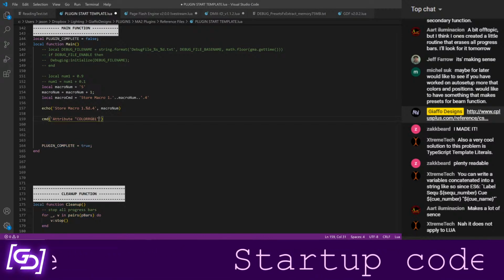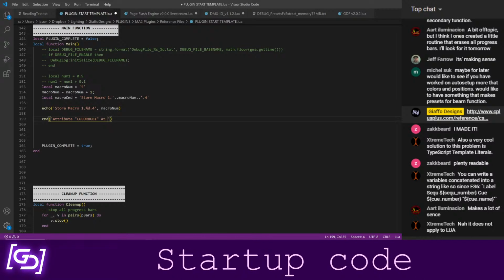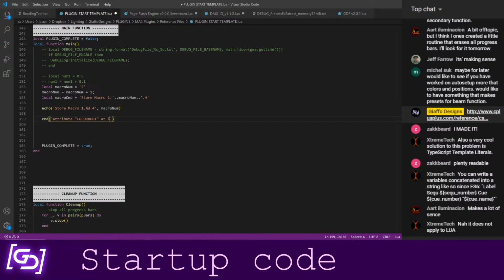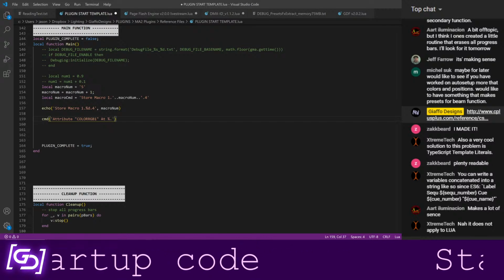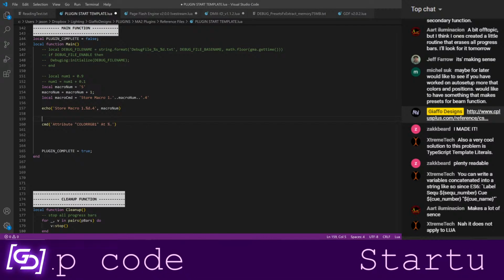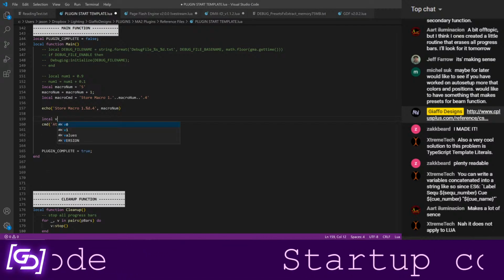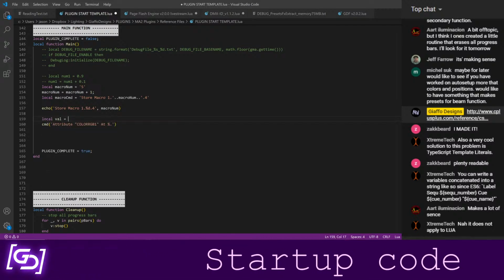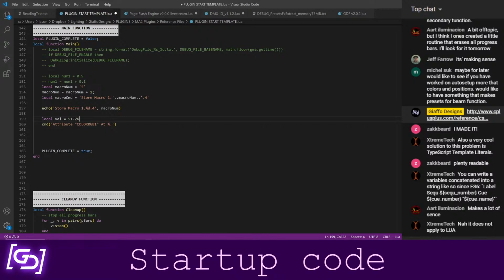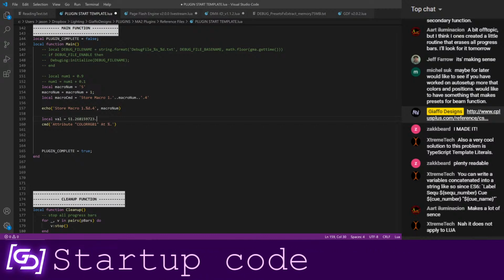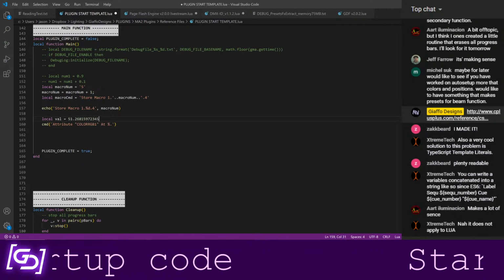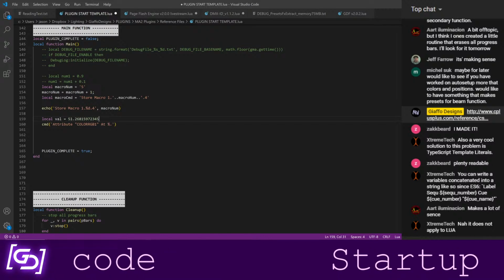So I want to say set red at, and I want to give it a value. And let's just say, I'm going to finish that in a second. Local value is, I don't know, 51 point. Let's say it was determined through a whole bunch of math. So like, well, we can't have 2 decimals in there, but let's say that's our value.